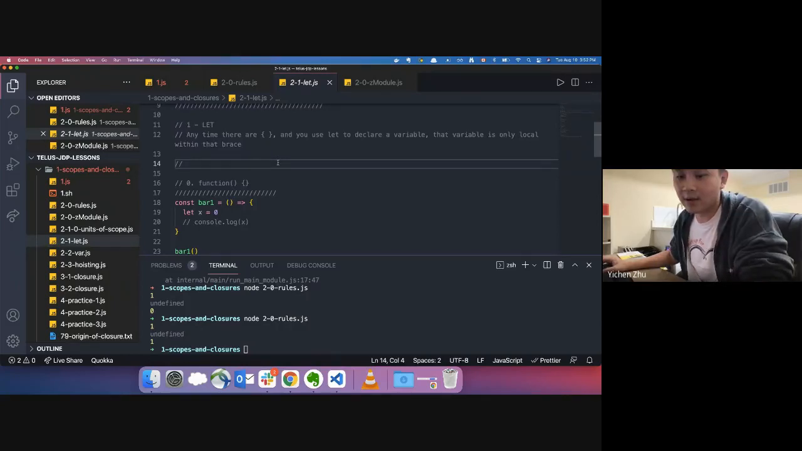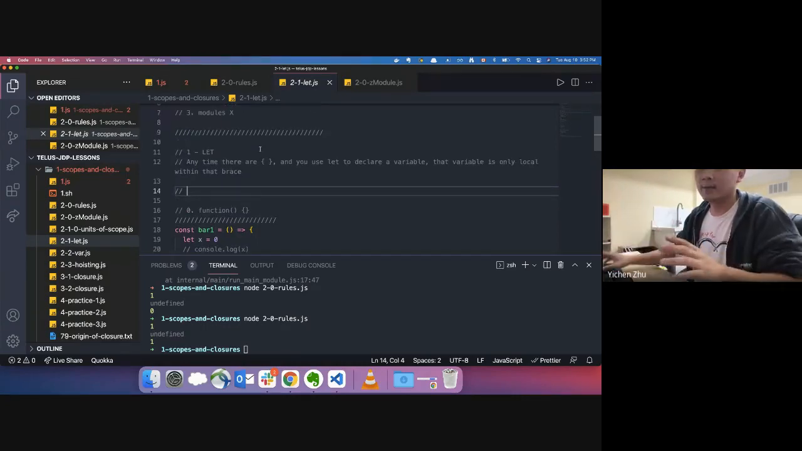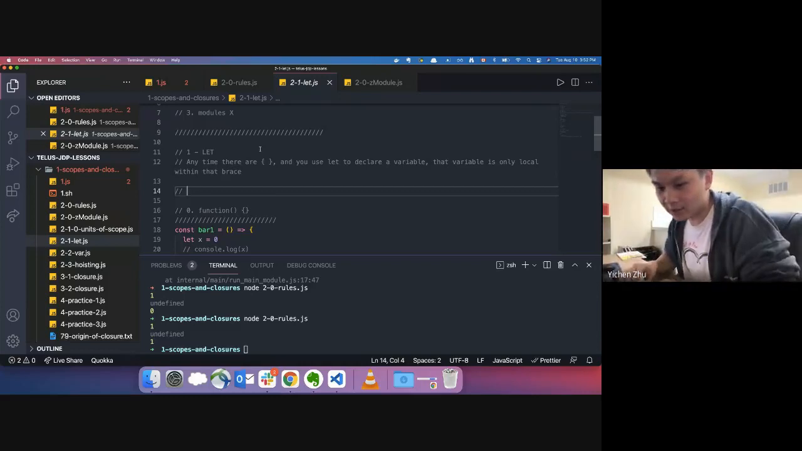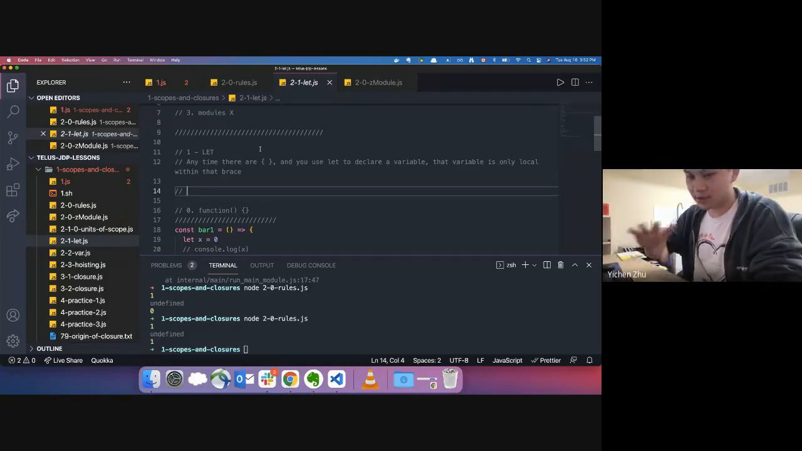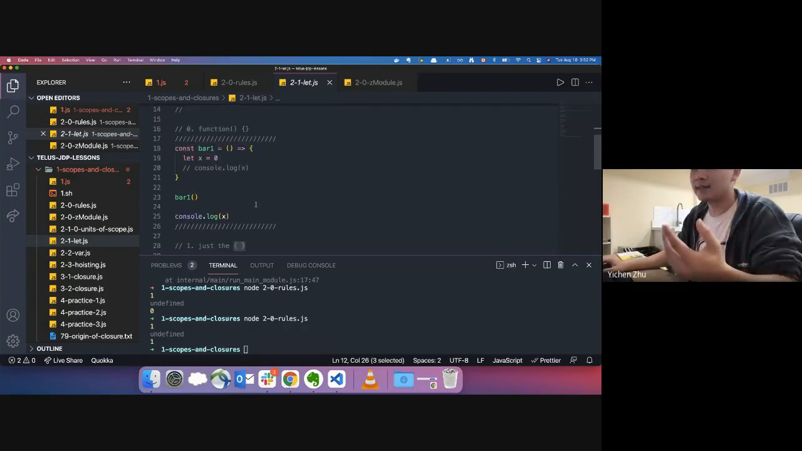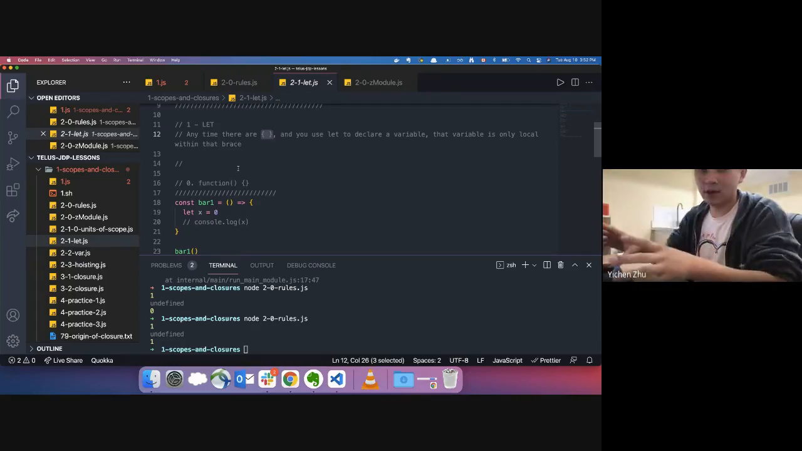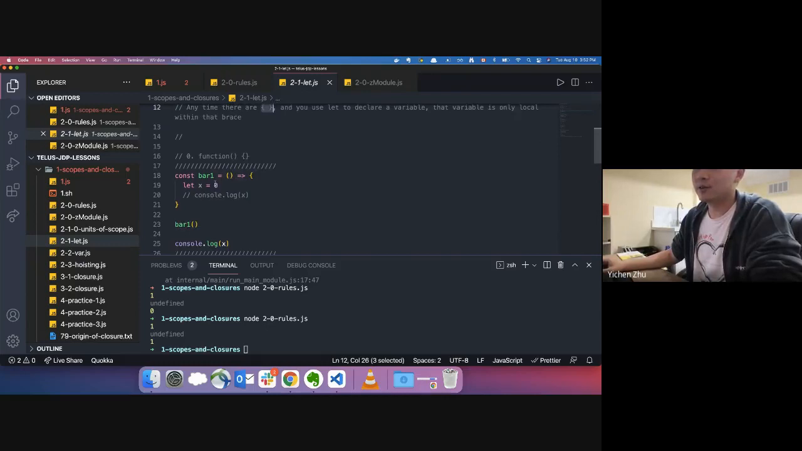Most of you use let, right? Here's the rule of thumb for let. Anytime there are braces, and I believe there are exceptions, but 99% of the time, anything in braces is considered a block. And for let, let is bounded into that scope. So if you look here